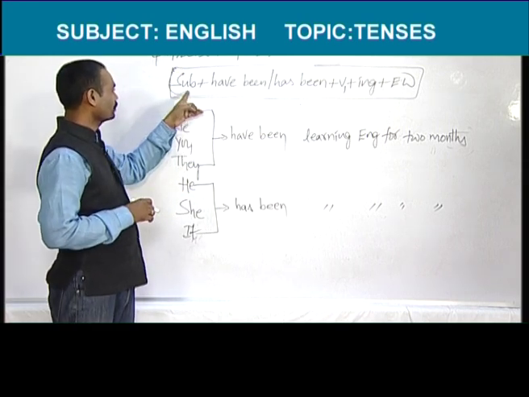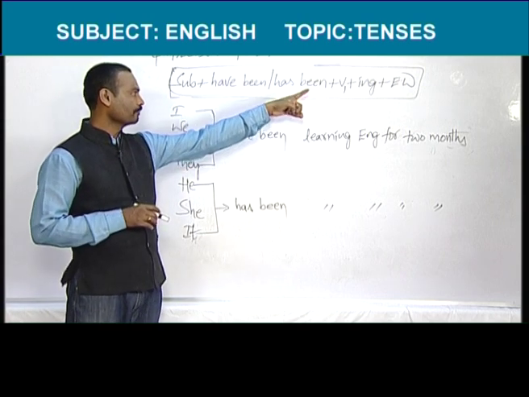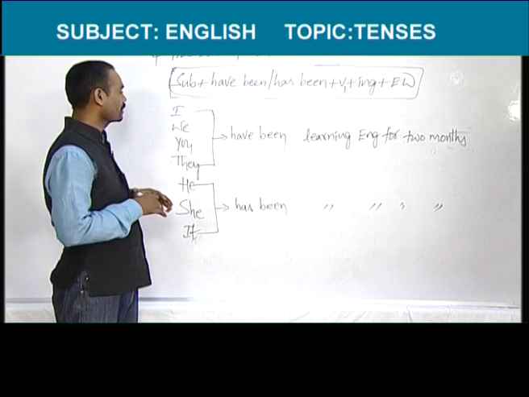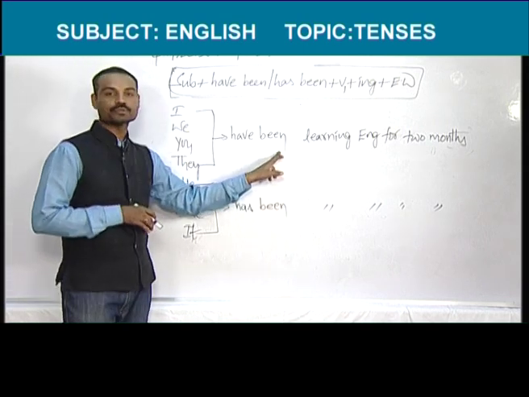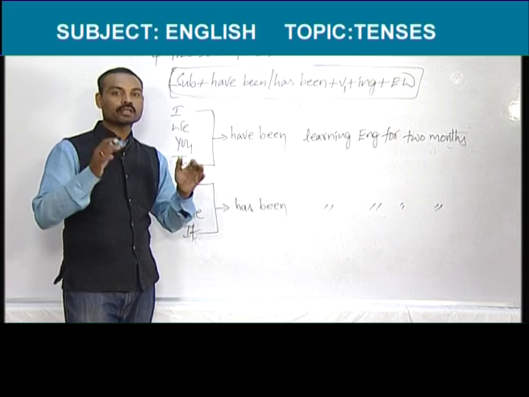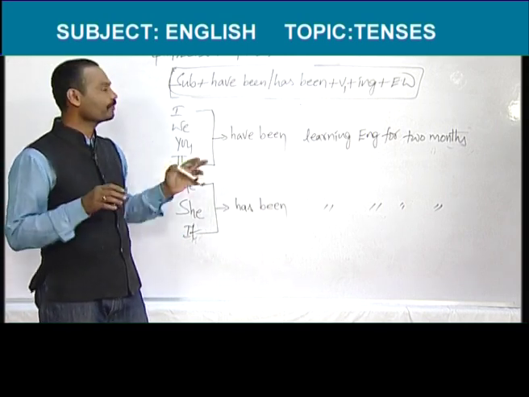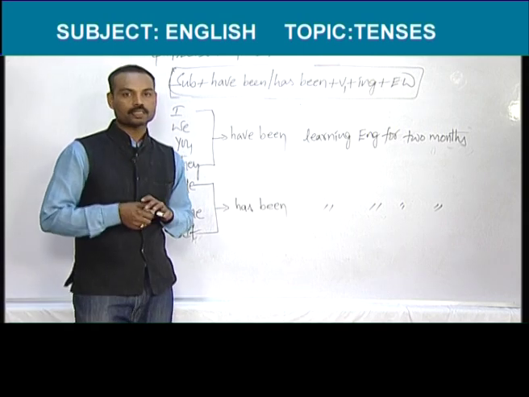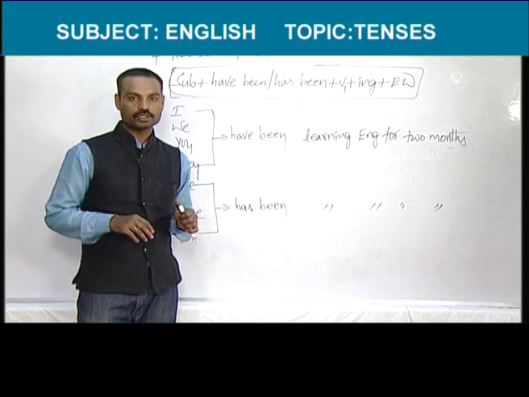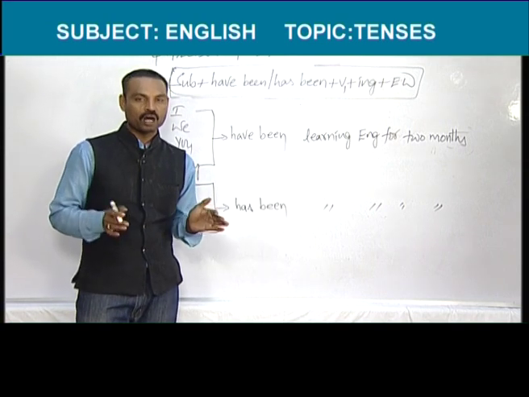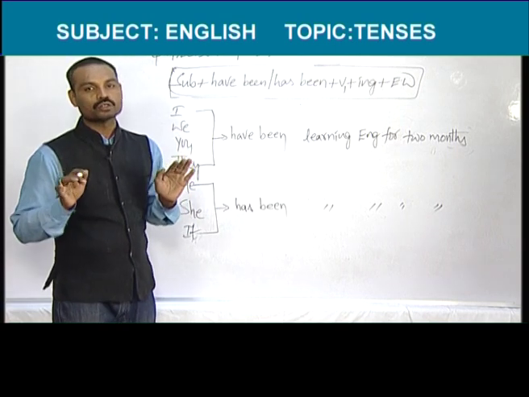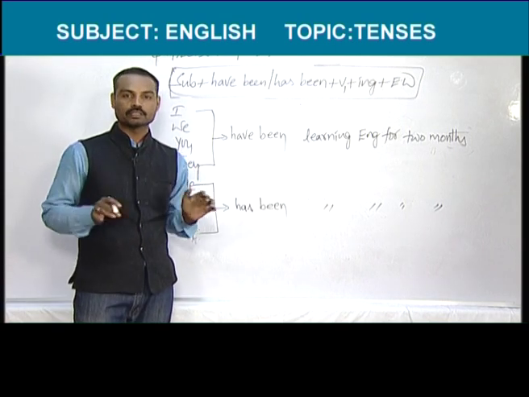This is the frame, subject plus have been and has been, V1 plus ing form plus extra words. Let us see how to write sentences. After I, you, they, we should use have been. After he, she, we should use has been. Okay, now I am going to give you some examples of present perfect continuous tense. For example, in the month of January, you started learning English. This is March. So, 2 months ago, you started learning English.